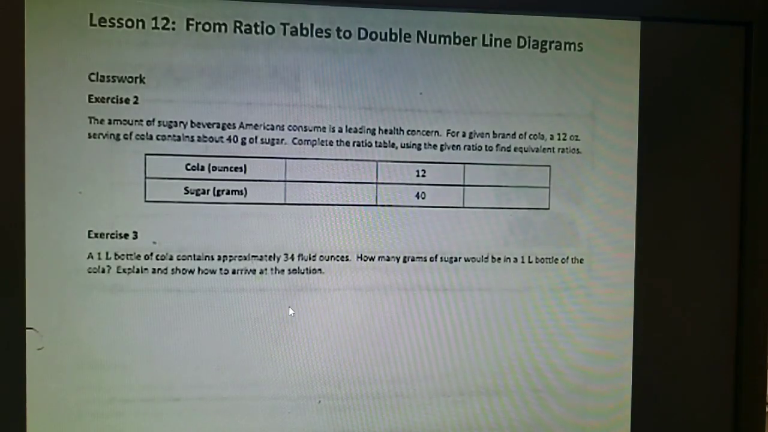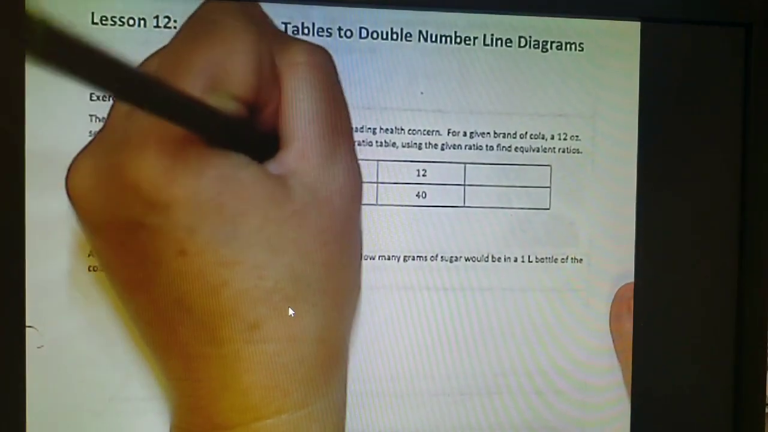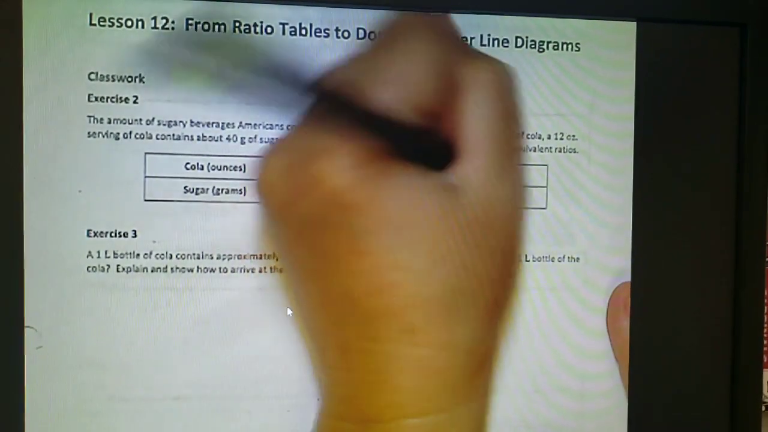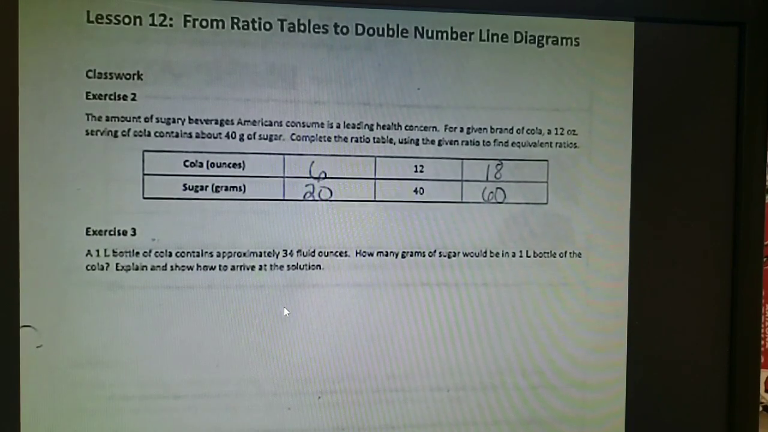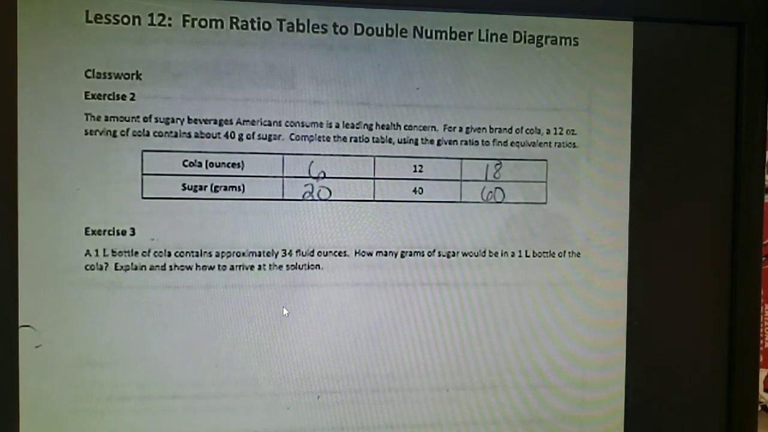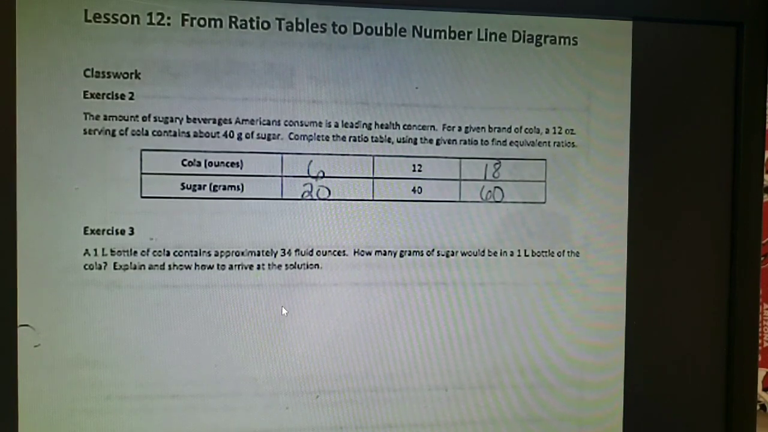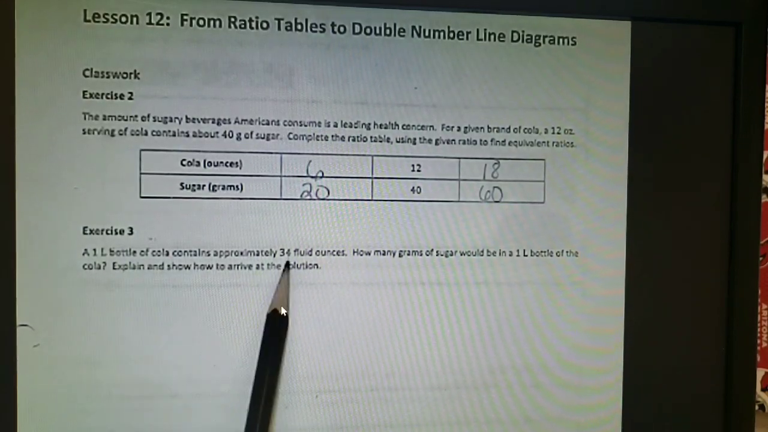All right, lesson 12 is taking ratio tables and turning them into double number lines. So on your notes, we already have this part filled out. I'm just going to review exercise number 3 that we did in class, and then I'm also going to review exercise number 4 that we also did in class, just so you have a second chance to look at it. So if we look at number 3, it says a 1 liter bottle of cola contains